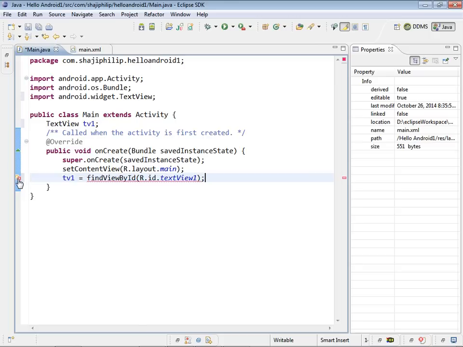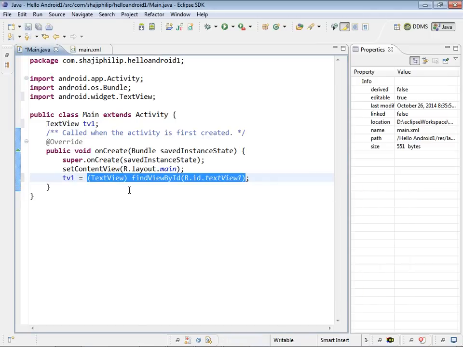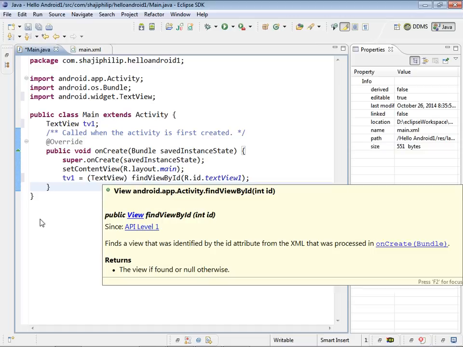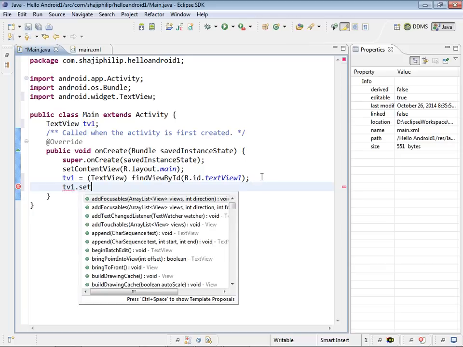There is an error showing here. We have to go for typecasting. We have to get the result into the type of TextView. Now what we are doing is finding the resource from R.id, the resource is textView1, and we are assigning that to the TV1 object of the TextView class, and for compatibility we are typecasting it. Now we have textView1 as TV1.